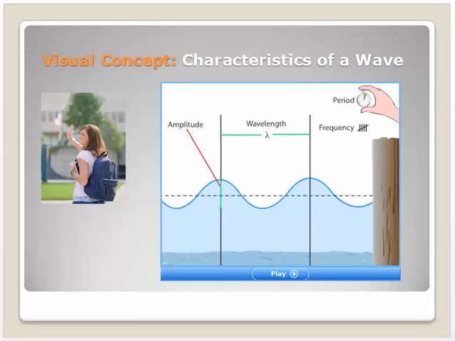Let's put everything together then. Amplitude, which we learned about already, was the distance from rest position to crest, or from rest position to trough. Wavelength is the distance, in this case we could say from crest to crest, or you could also do it from trough to trough, and again we're going to use our phi for wavelength. In the frequency, how many waves are going to happen in 1 second? Well, they've said that there are 5 waves that have come by in a second. So that means 1, 2, 3, 4, 5, approximately 5 waves.